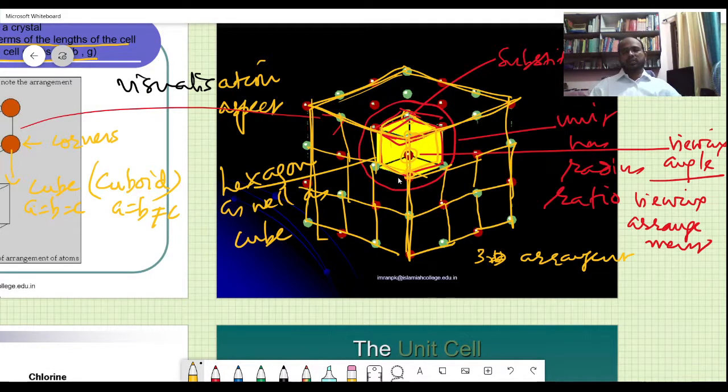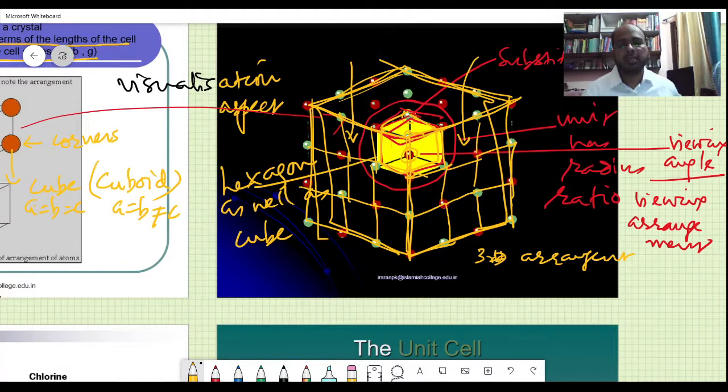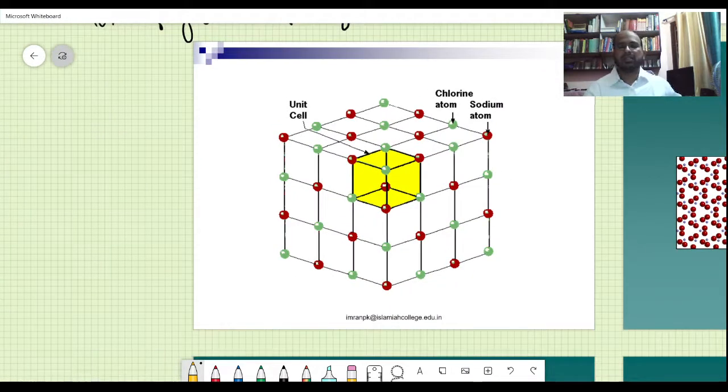Okay. So if you just view it from some particular layer, it is just a two-dimensional layer without any special arrangements. But if you look at it in a hexagonal pattern, the molecule has been tilted in this direction. So then you get a hexagon like this. You get a hexagon like this. So the arrangement of hexagon and the cube is just the same thing. So here is given there. This is the unit cell here.